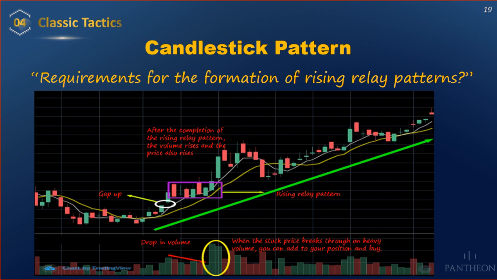Meaning, what I just mentioned is a sudden breakthrough, which is over here, a rise, with an increase of volume. These are the things that we take note of, and it's the best time to buy. Okay, let's move on. The next pattern that I'm going to share with everyone,